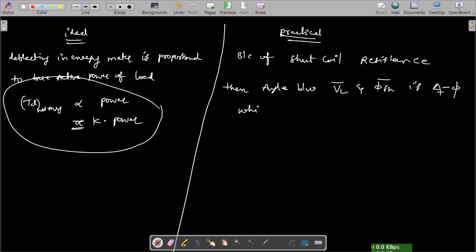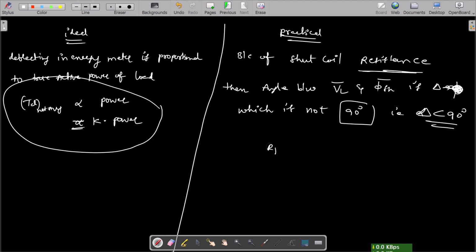The angle between VL and phi sh is delta, which is not 90 degrees. That is, delta is less than 90 degrees because of shunt coil resistance. So if RP is equal to 0, then delta will be equal to 90 degrees. That is the thing we have already seen previously. So because of the shunt coil resistance, we are going to get delta less than 90 degrees,